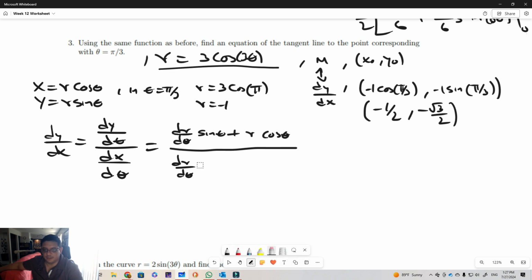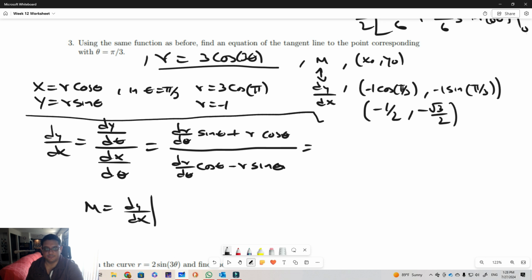So this is the r d theta, and here we have cosine, and then now minus r sine of theta, according to product rule. Now I plug in pi over 3 again, so to get my point, so m is the dy/dx at pi over 3. Oh, by the way, I need to find out what the r d theta is, but the r d theta is just a derivative of r with respect to theta,